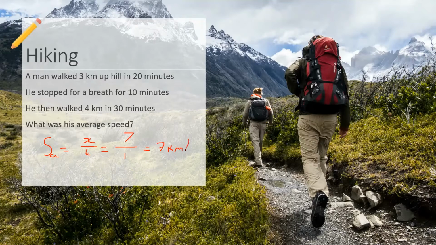Now, the part that people make a mistake, and you guys might be sitting here thinking, oh, that's easy, is they forget to add this 10 minutes. They go, oh, well, he's not walking in that 10 minutes, so that shouldn't count for the average speed. But I want you to not think about that 10 minutes. Think about this. If you said go, and then you quickly moved to the end of the hike, 7 kilometers away, and it took 1 hour to get there, then you would assume they traveled 7 kilometers per hour.